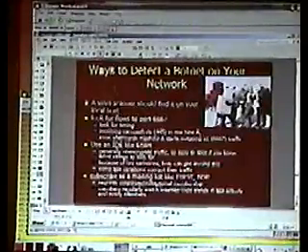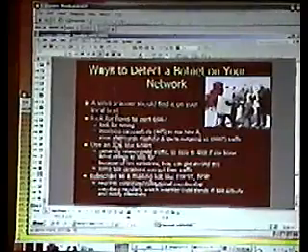But back to the talk. If you've got robots beating up random people on your campus, that's one way to detect a botnet on your network. Otherwise, if you want to get rid of these things, since they're so good at hiding themselves, you're